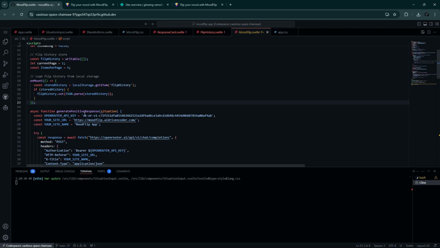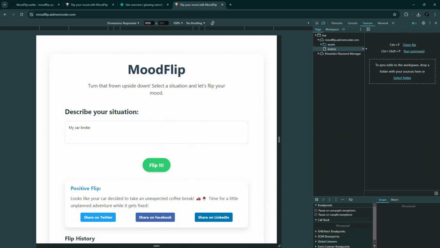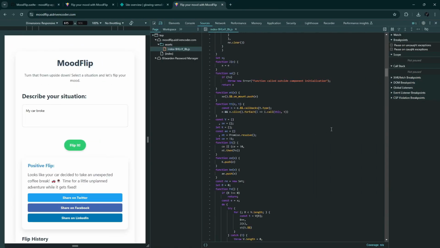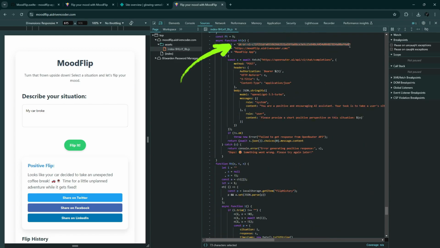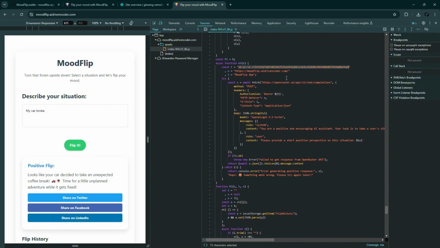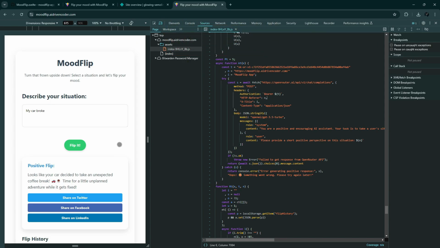Okay, nice. By the way, this is not a secure way of using an API here because anybody can go to your site and inspect the sources and be able to extract the API key this way. So here, the API key is clearly visible, which is not secure. Other people will be able to capture this API key and use it, and it will cost you money. So this is not the ideal way, and in a future video we will fix this issue and start using a backend to secure our API and save our blip history in a real database.